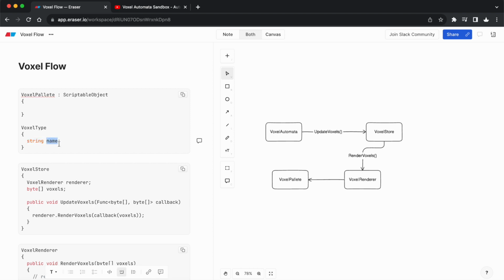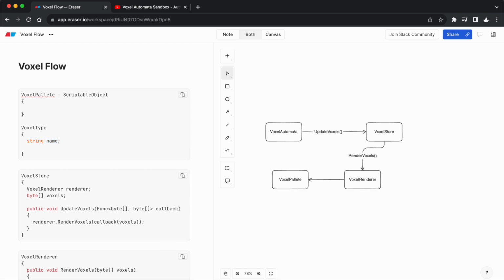This is not going to be used at runtime. And then a color. Both are going to be public. And then in the voxel palette scriptable object, we're going to have a public array of voxel types